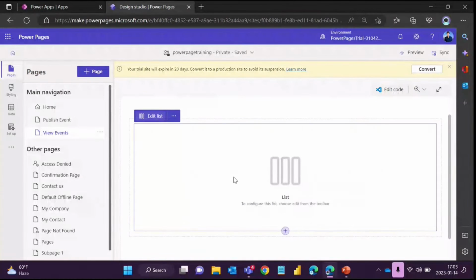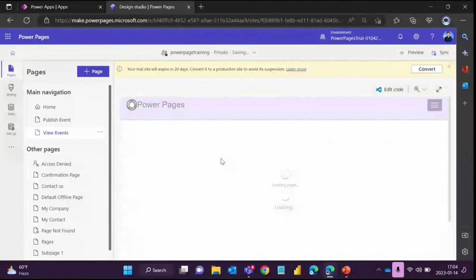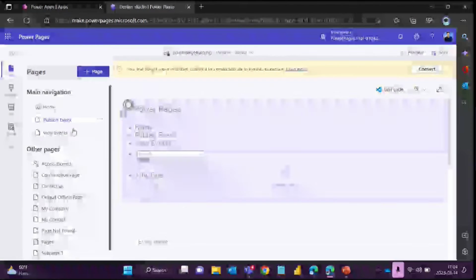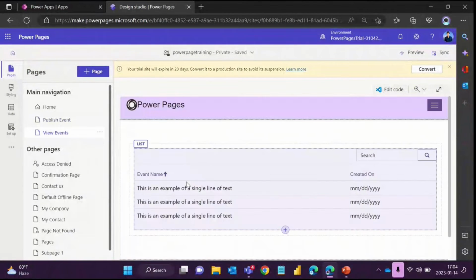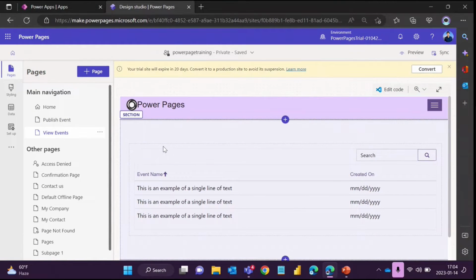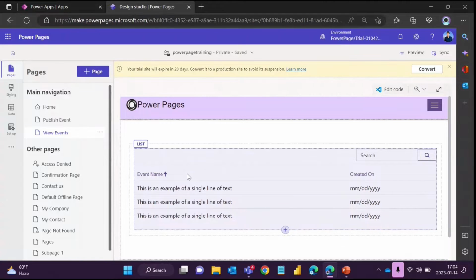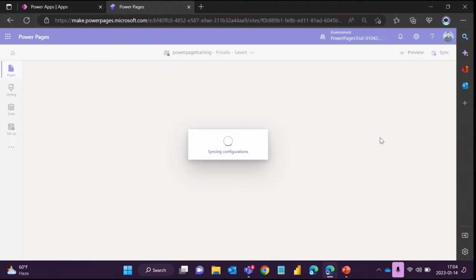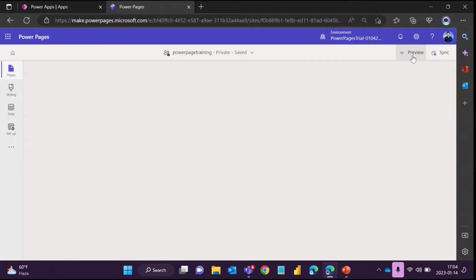And you can see the list will appear on this particular page. All right. Sometimes it takes time to reflect on the page, so you can just switch to another page and come back here. It automatically refreshes, and you can start seeing the data. Now, I just wanted to view the result of it, so I click on sync to sync my changes to the portal and click on preview